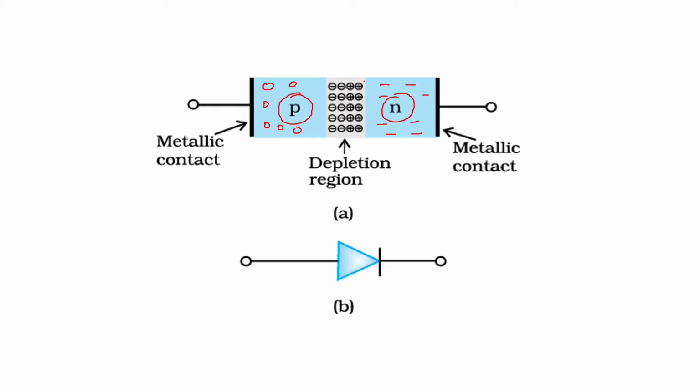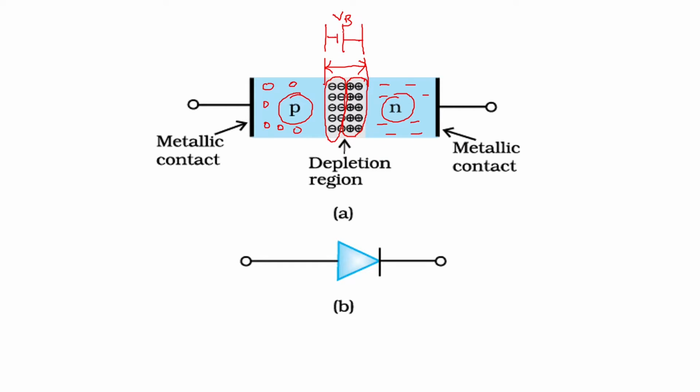So you have positive ions near the junction on the n side, and negative ions near the junction on the p side, and this both will be a depletion region which will not have any majority charge carriers. Majority charge carriers will be depleted, and it will have a certain voltage here. Now this voltage will be your potential barrier voltage.